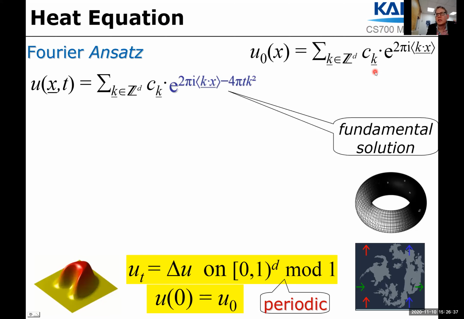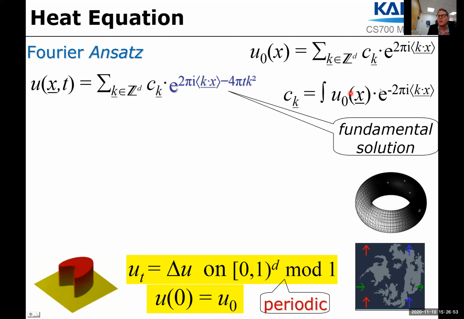So that means if the Fourier coefficients are given, then we can immediately write down the solution. If the Fourier coefficients are not given, but the initial condition function u0 is given or fixed, then we can recover the Fourier coefficients from the Fourier integral, right? So the Fourier integral here with a minus, right? Complex conjugation is the inverse. The Fourier transform is inverse to its own adjoint. So this is how we can determine the Fourier coefficients. And once we have the Fourier coefficients, we also have the solution. So let's now look at this more closely.